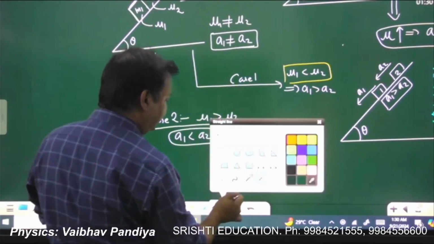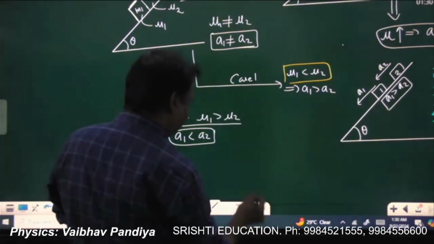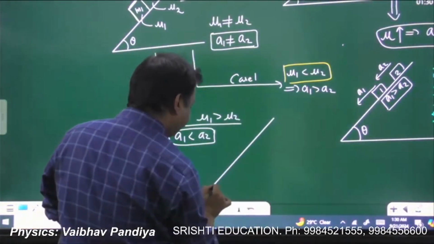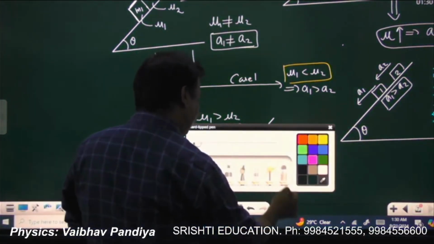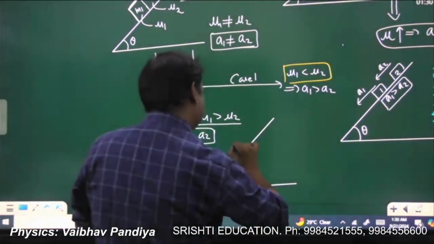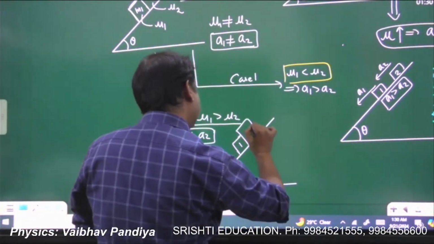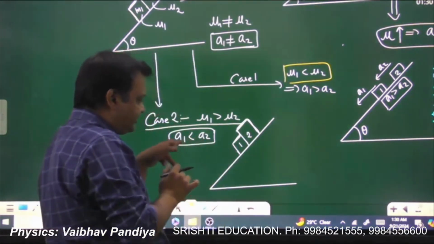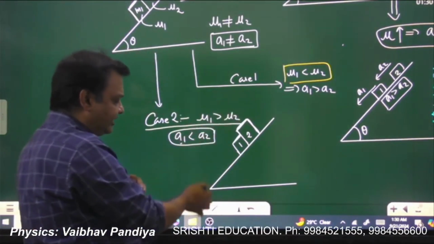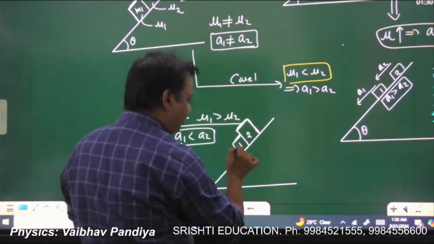But in this case, since you are releasing them side by side, this is 1 and 2, block 1 has a tendency of lesser acceleration and block 2 has a tendency of greater acceleration, due to which block 2 will press block 1